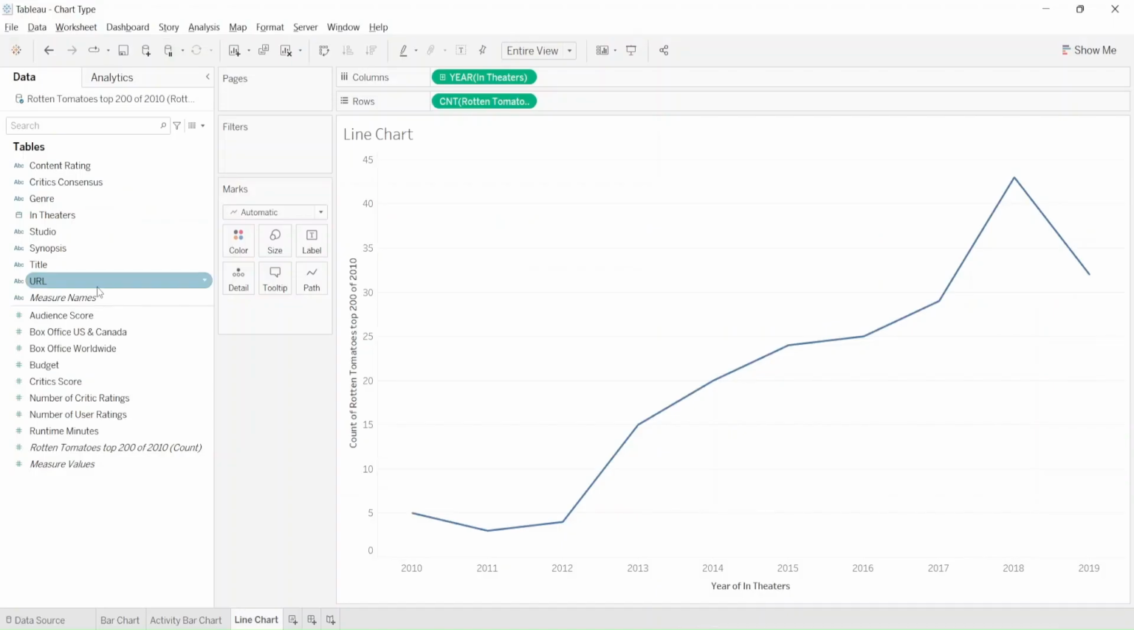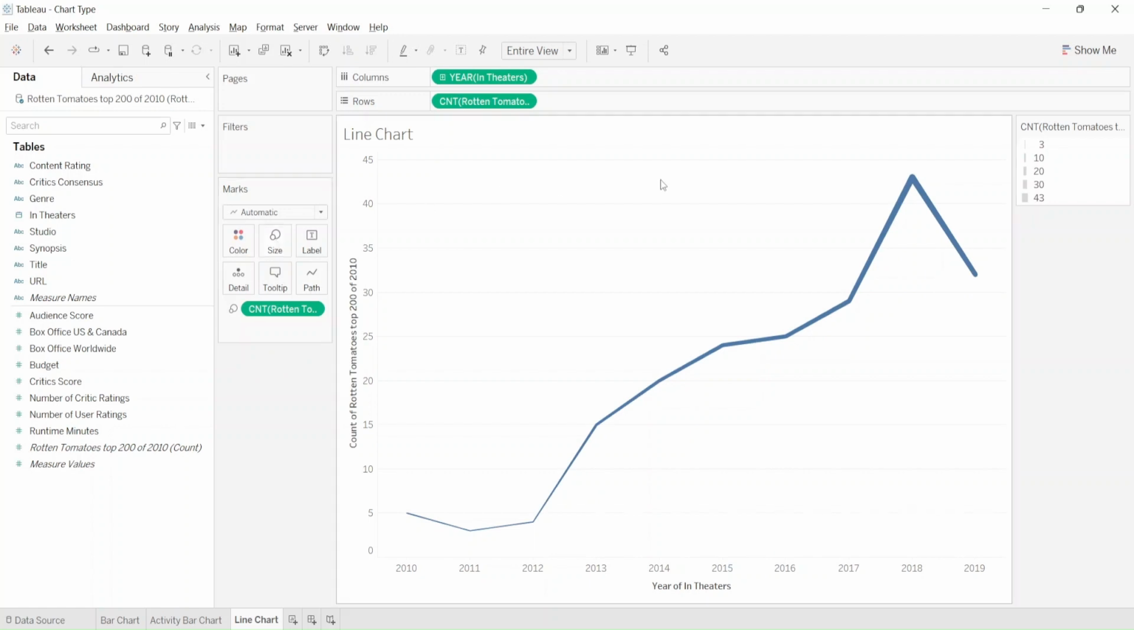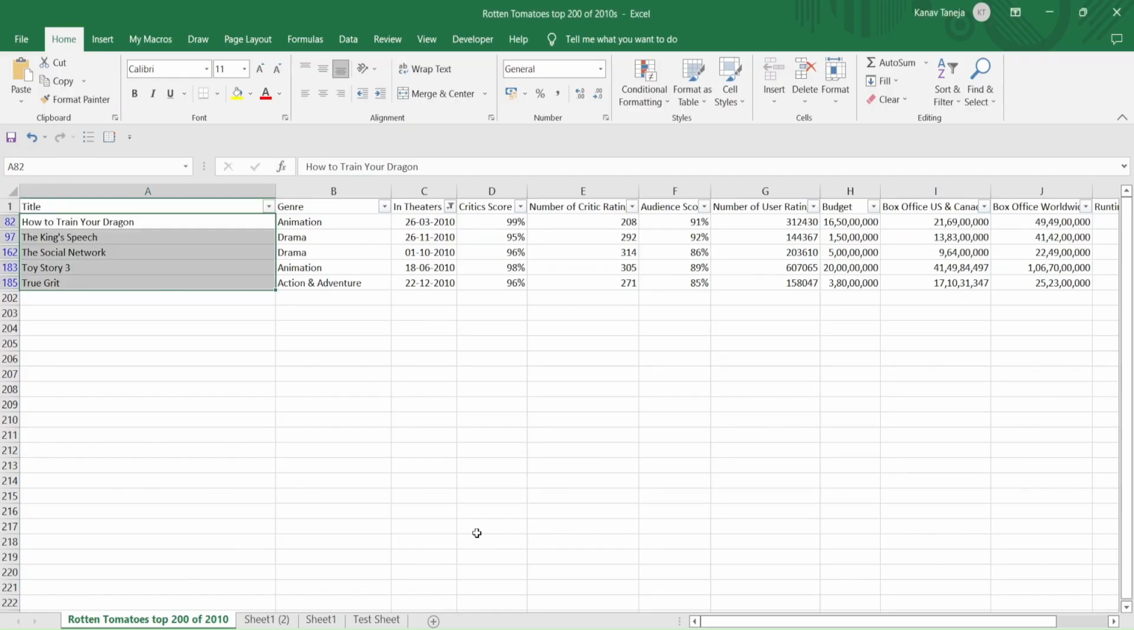Now when I say duplicate efforts, right now you can see the line in here, correct? If I use the same thing in size, what it is telling me is, the thicker the size, the more movies there are. The thinner the size, the fewer movies, correct? Now if I use it in color also, it is going to color it according to the values of those years. You have a darker color where you have more values and a lighter color where you have fewer values,